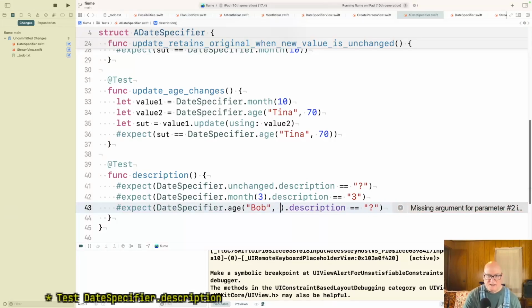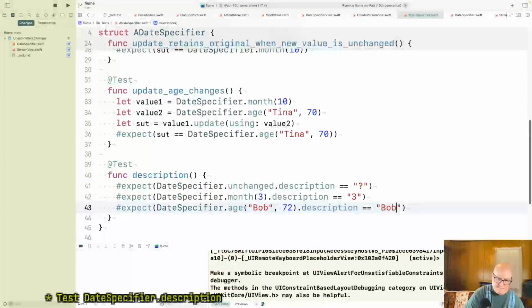I don't know why I picked Bob. And this should be Bob, comma? Bob at 72.